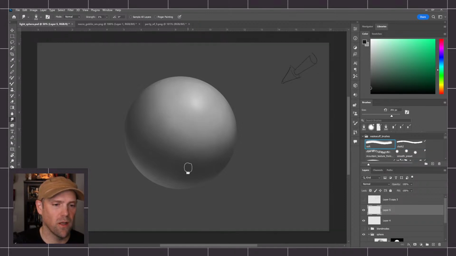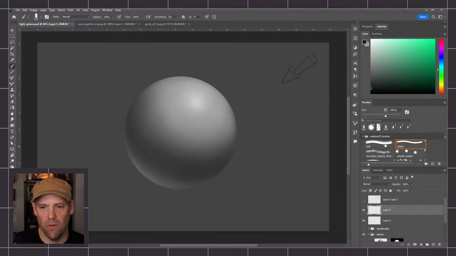So we can start using this sphere. The whole idea is to use this sphere as a way to sculpt. Yes, sculpt. So you're thinking in 3D. You're looking at the lighting direction. You're making